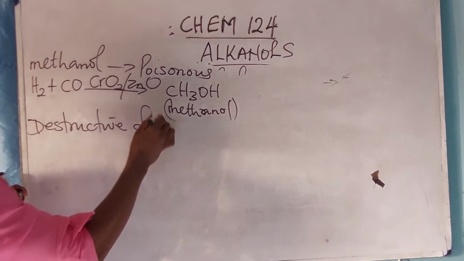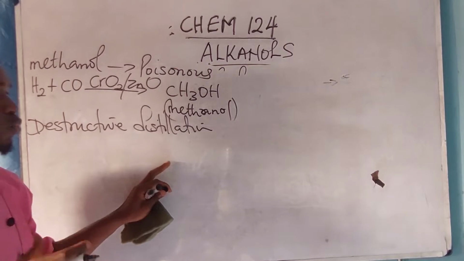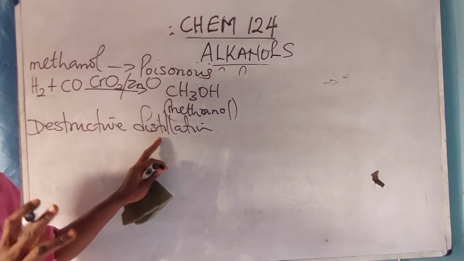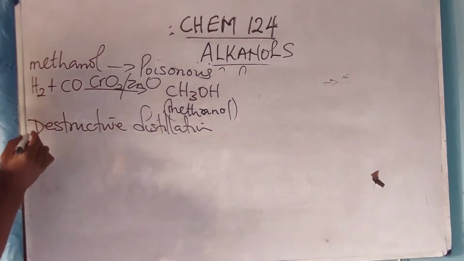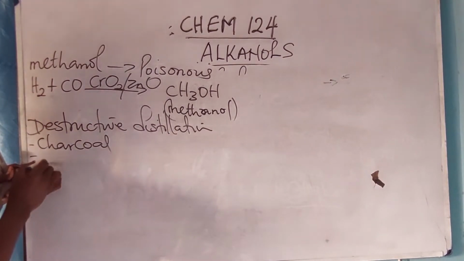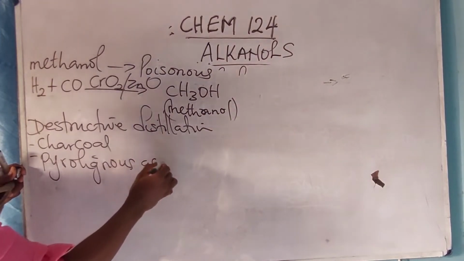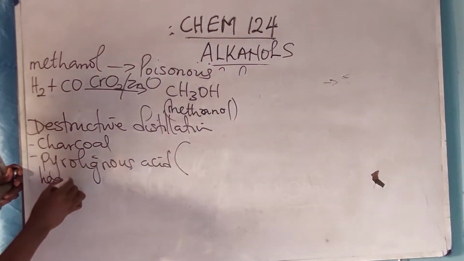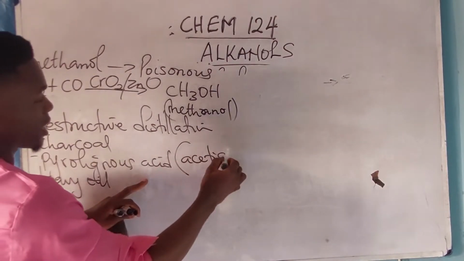Destructive distillation of wood. During this process, the lignin present in wood is burned in the absence of air to produce charcoal and a volatile entity called heavy oil. Charcoal is produced and a type of acid called pyroligneous acid is produced. Heavy oil is also produced, don't forget. This pyroligneous acid comprises acetic acid,